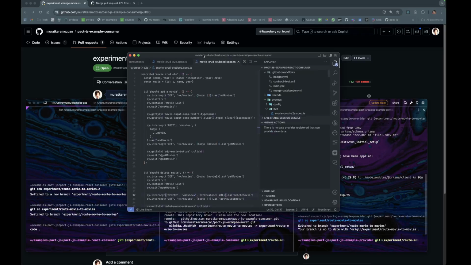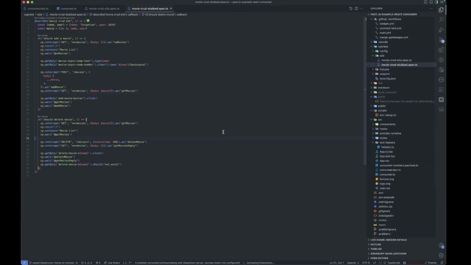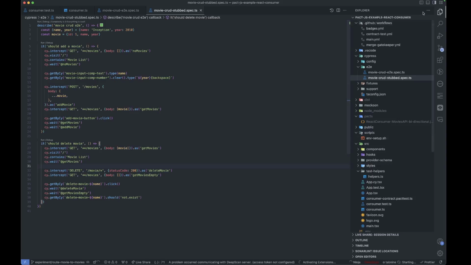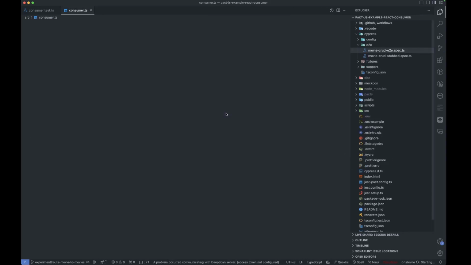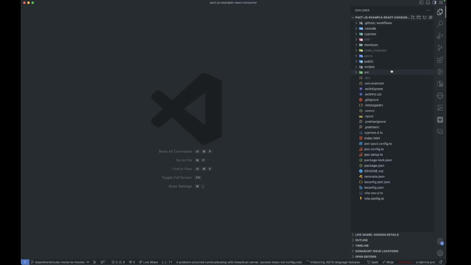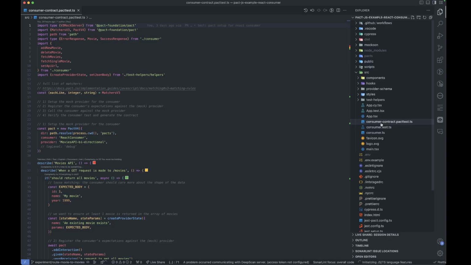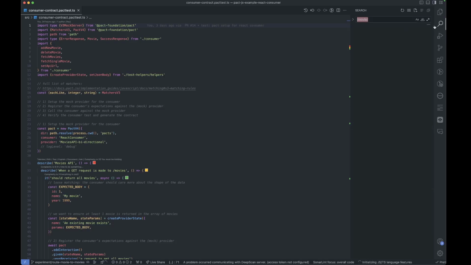So with bi-directional contract testing, all that's needed is this OpenAPI spec from the provider, and we have the same exact test at the consumer side. These tests actually just execute against the OpenAPI spec, and Pact is the only tool that offers this. So we'll just do our replacement, the same thing.